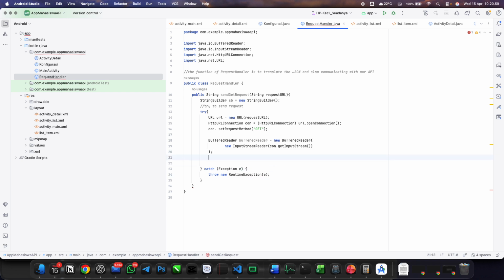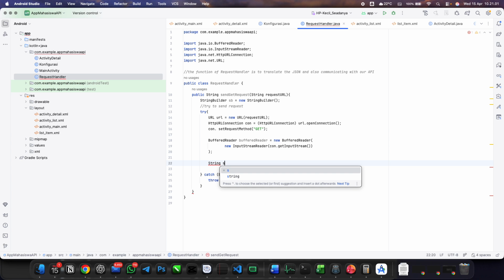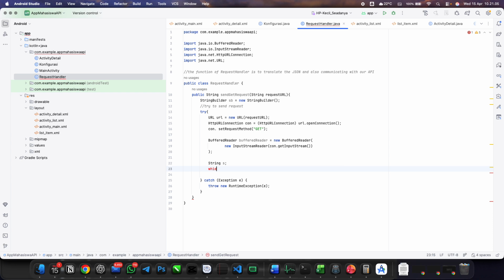After we declare the buffered reader, we declare a new string. We call it s. This is only temporary, so no problem. While each line of the result, we call it s, is the result of the buffered reader.